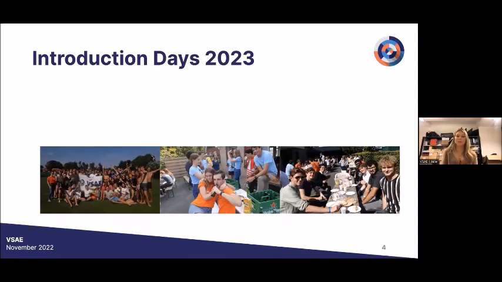Then this is interesting for you guys if you want to start studying econometrics or actuarial science. We host introduction days every year, and during these introduction days, this is the first time that you will meet all the first year students. So we get together in a very small village somewhere in the Netherlands, and during 2 days we will do a lot of fun activities, and we'll get to know each other, socialize. It's a very fun time for you, and it really is a great start to the new school year.